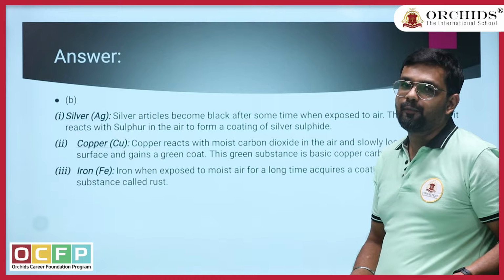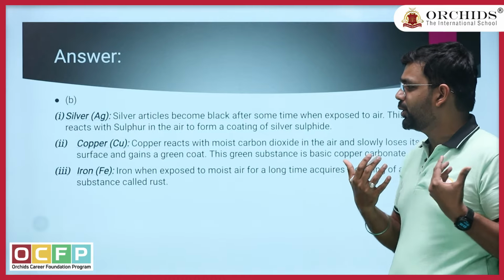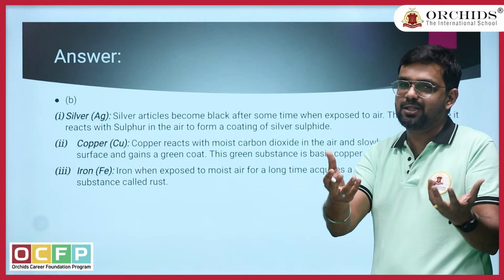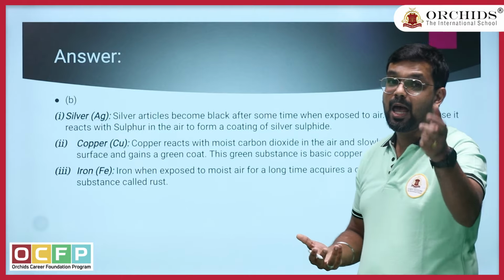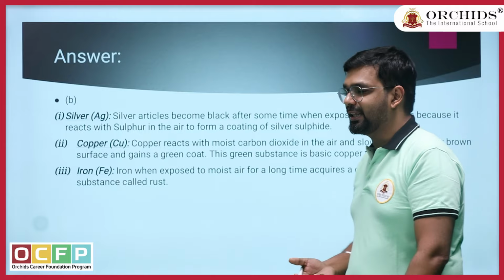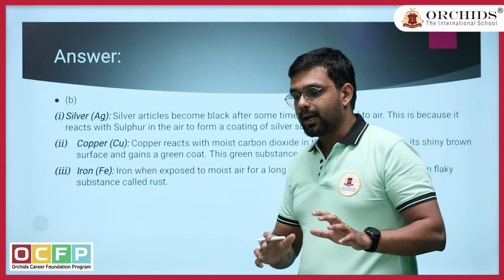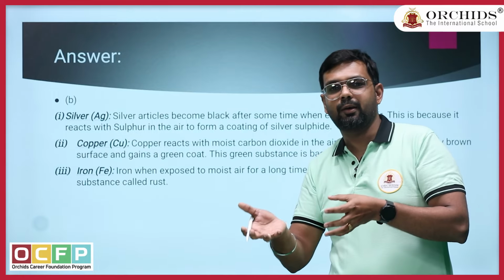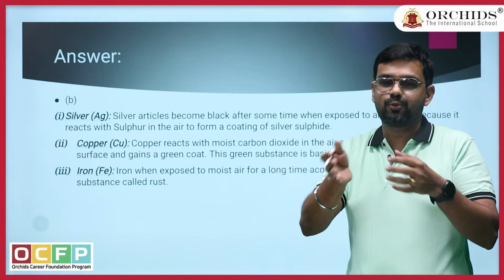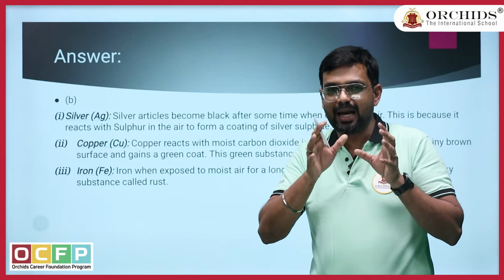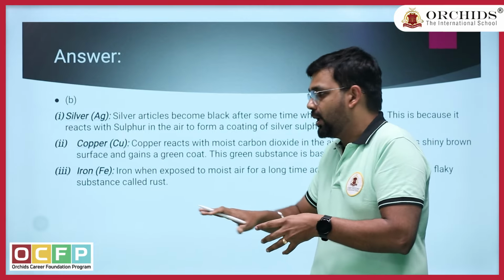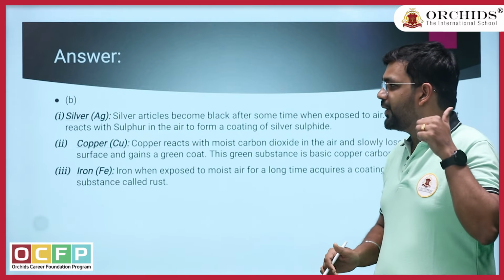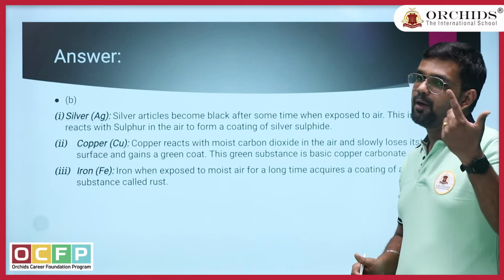Coming to the last one, everyone should know it: when iron is exposed to air and moisture, what do we get? What is it called? Fe2O3. Yes, that is nothing but rust. We call it rust. Sometimes students get confused between rusting and corrosion and use them vice versa. See, rusting is a special type of corrosion only applicable to iron. Don't mix it with any other metals. Clear? So we have done till the fourth question. Let's move to the fifth question.